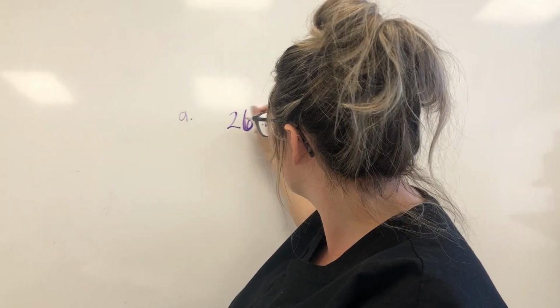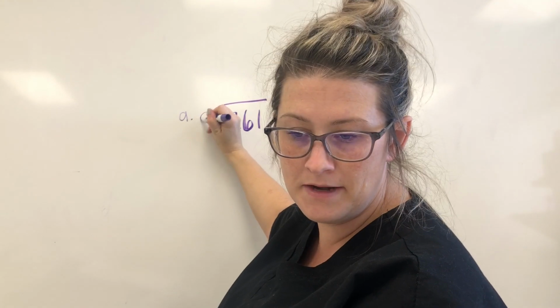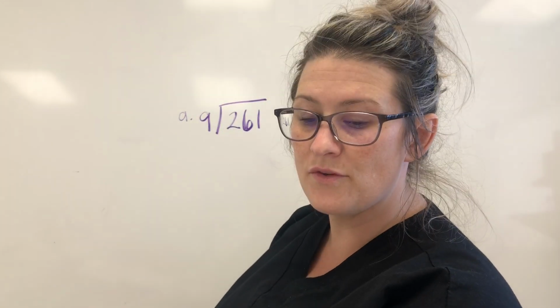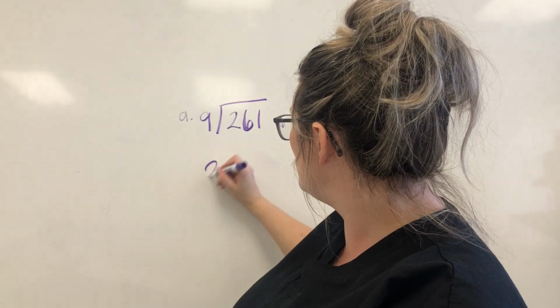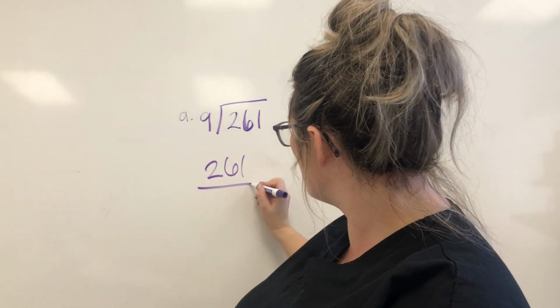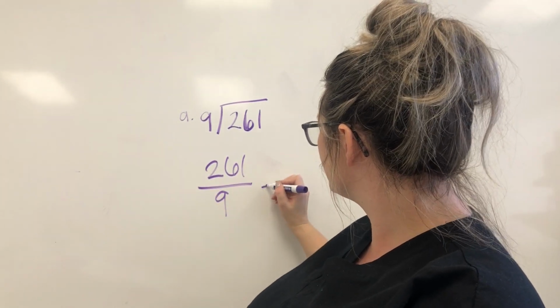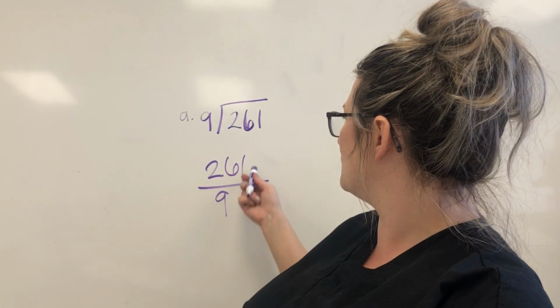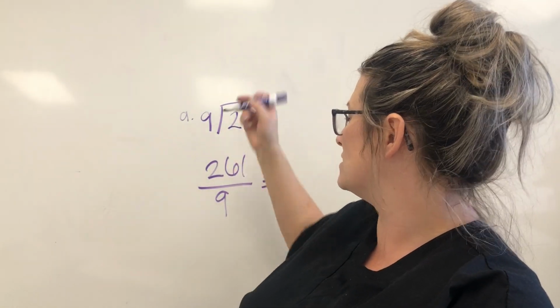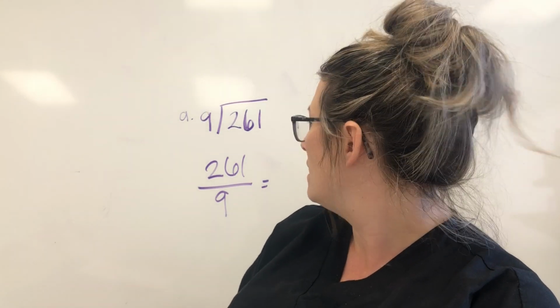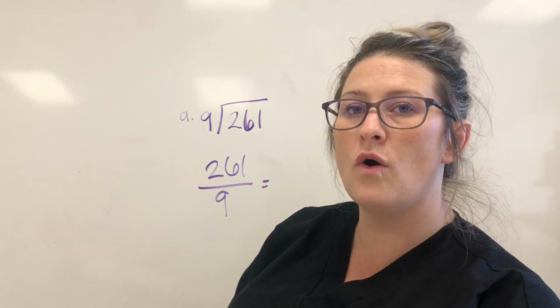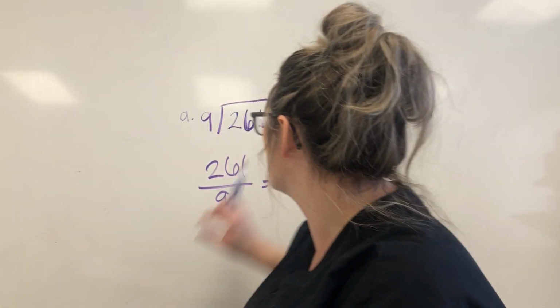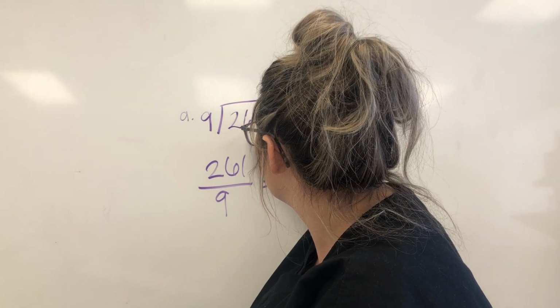261 divided by 9. There's another way I can write this. 261 divided by 9. So you guys can go ahead and use your calculator and solve to figure out how many times 9 goes into 261. We can quickly go over it if you do not have a calculator. All right, so